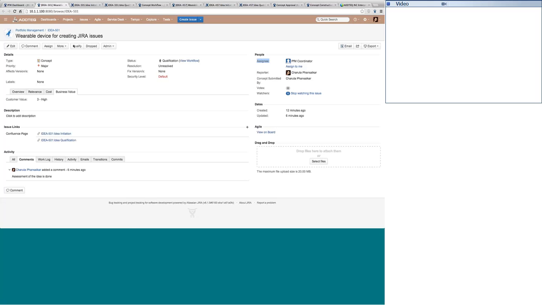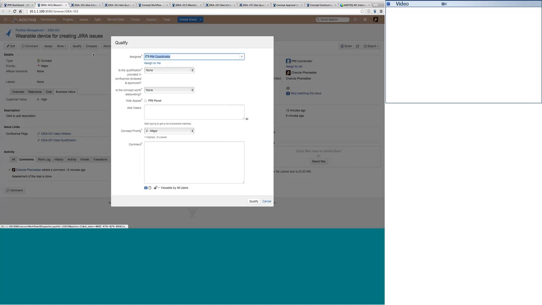So let's go ahead and see that we've already qualified the idea. Here we have to just answer a small questionnaire in order to be sure that the qualifications provided in the Confluence is reviewed and approved. Approved, yes. If the concept was elaborated, why are we asking these questions again? For a very easy reason, that whenever we go further in the life cycle of an idea or concept, we have different people, very important people, investing their time and effort in this. And we want that every idea that is seeking time from different people is worth enough for that purpose. So let's say that this concept is worth elaborating, yes.